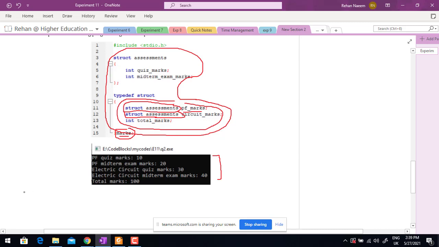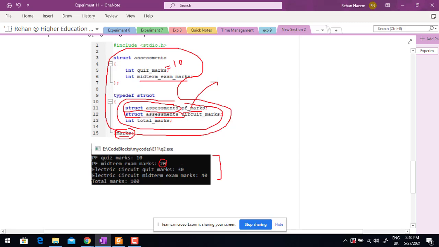Okay, so what you have to do in this question, you have to store 10 in quiz marks. For the PF subject, you have to store 20 in the variable midterm exam marks for the subject programming fundamentals, or PF in short.